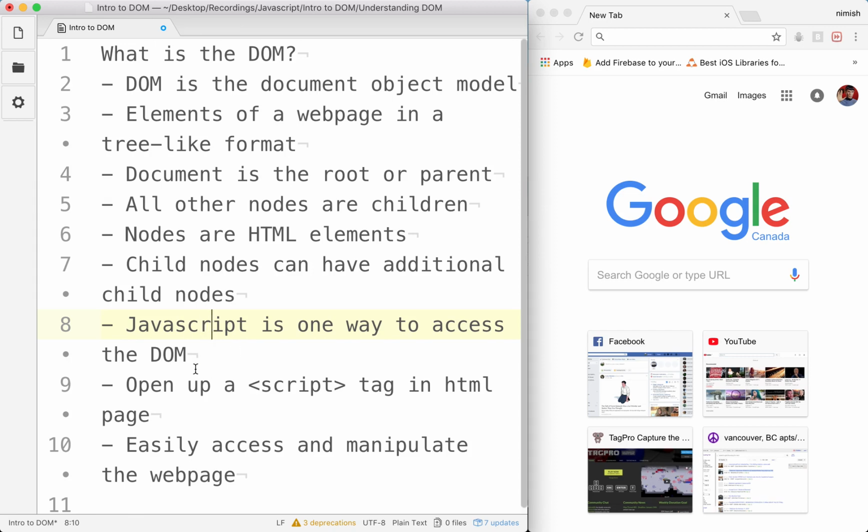The best part about this is that there's actually no extra libraries that are needed to perform any of the setup, as was the case until fairly recently. All we need to do is open up a script tag in the HTML page. Typically we stick this at the bottom of the body, and then we just write any kind of JavaScript we want within that script tag to access any of the HTML elements within our page. And not just access, we can completely manipulate them,